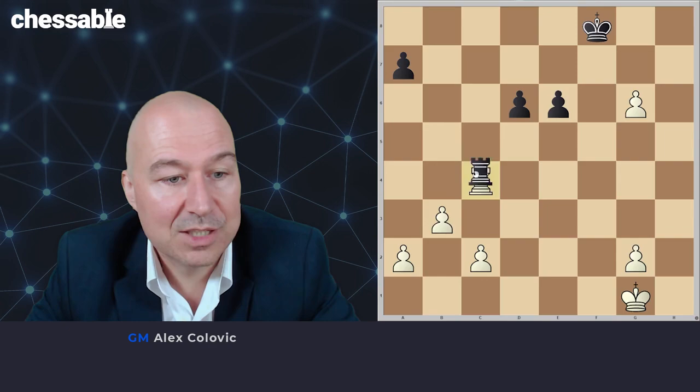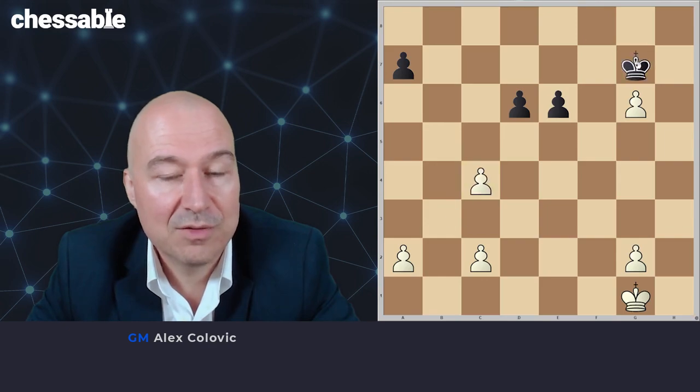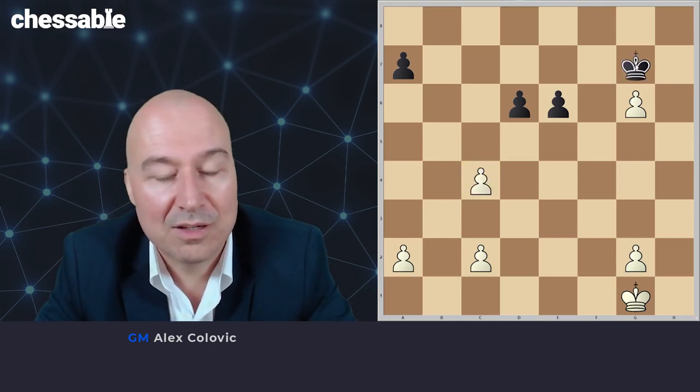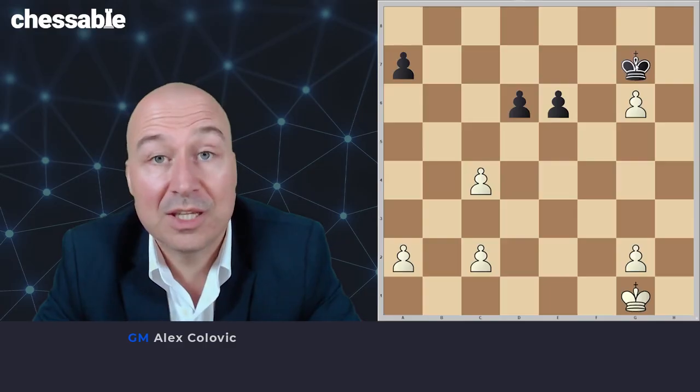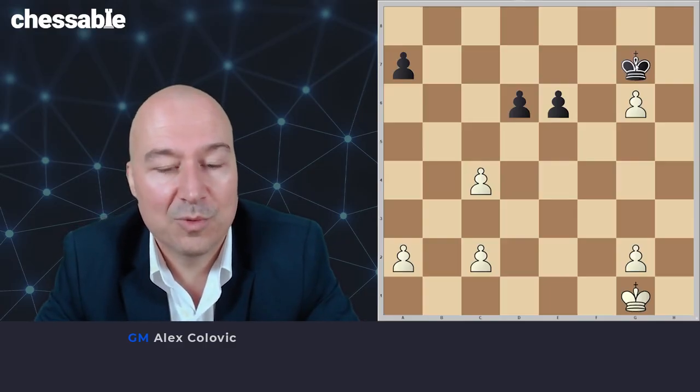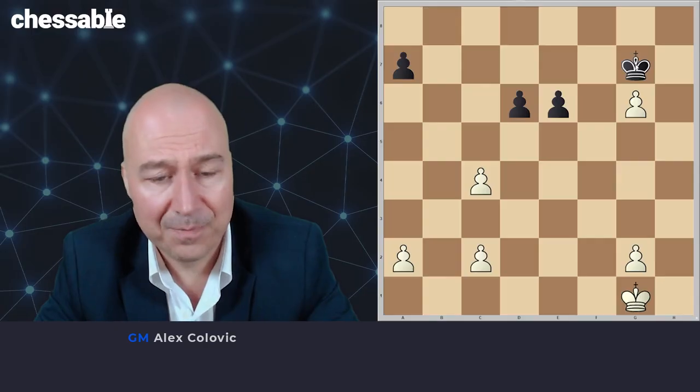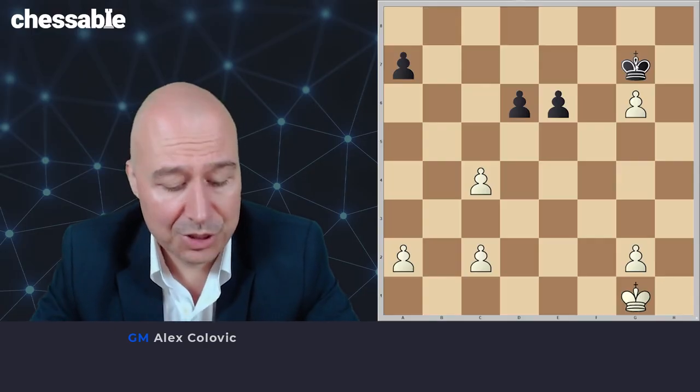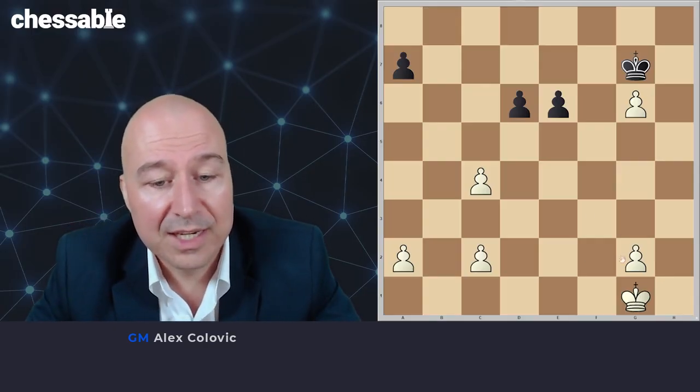What happens after rook takes c4, bc4, and let's say king g7? I think you can and you should analyze it yourself, because you will learn a lot by checking how to win this with white. I can just tell you the basic plan, which is, of course, to use the king and the g pawn